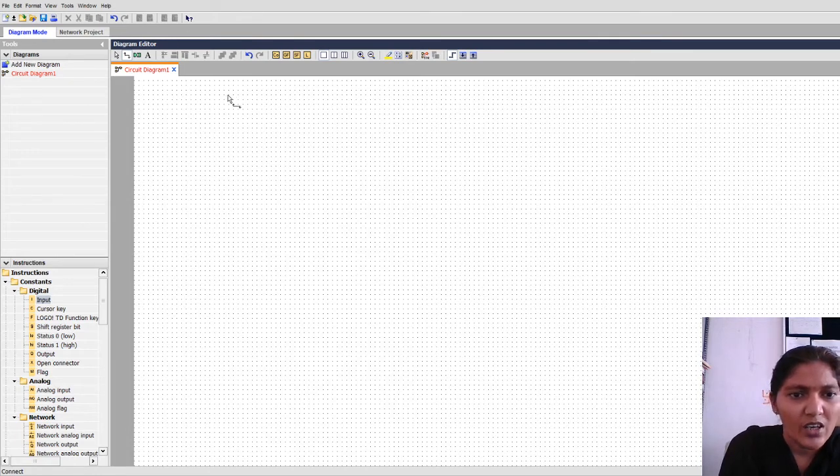For this purpose, we have to install Logosoft on our laptops or computers. Next, while selecting this one, it shows this display. On this display, we have to select this icon. See here, this is convert to LAD. Already it shows us some icon. When we select this icon, it gives only FBD. FBD means only a functional block diagram. When we go directly to the FBD, we cannot understand the process of the device.